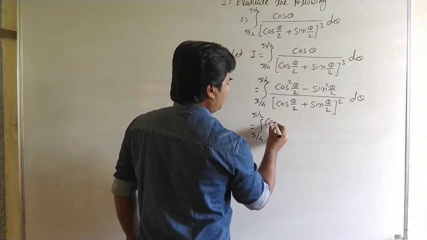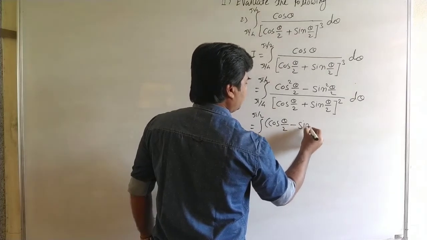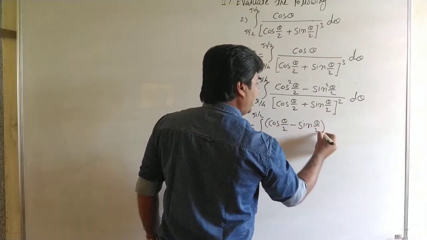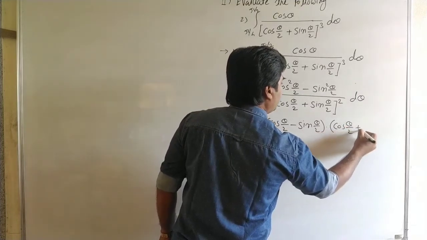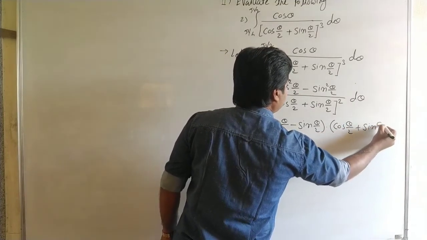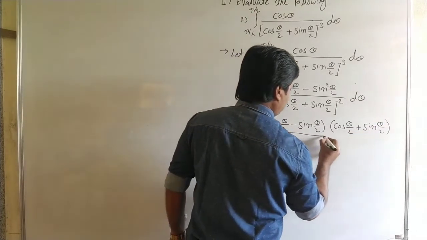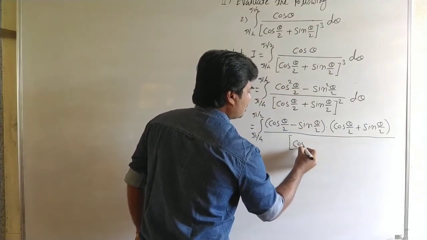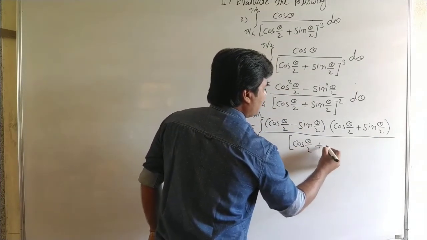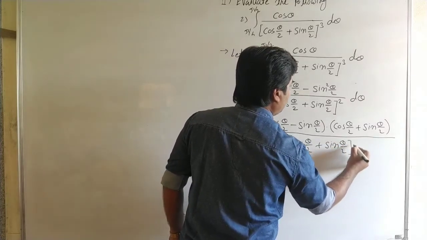Then it is cos theta by 2 minus sin theta by 2 into cos theta by 2 plus sin theta by 2 whole upon cos theta by 2 plus sin theta by 2 whole cube here